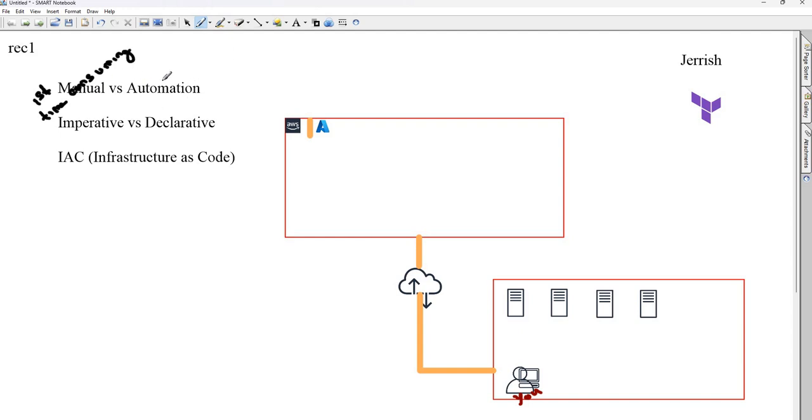That's where automation comes into the picture. Automation doesn't mean that what you think will be done in an automated way. So we need to write code either to do configuration within our Windows or Linux system or on the cloud platform.